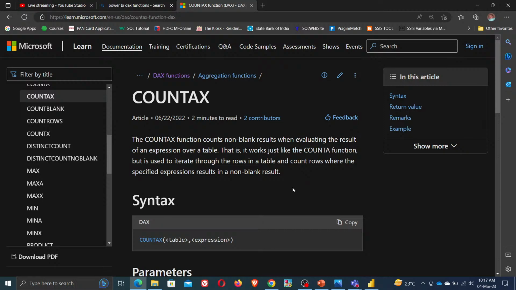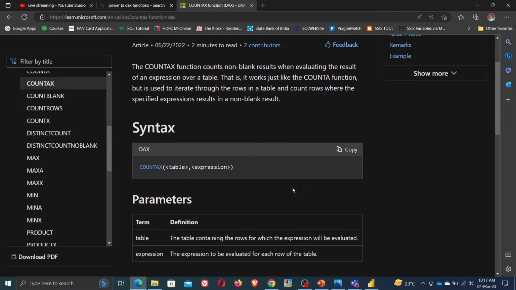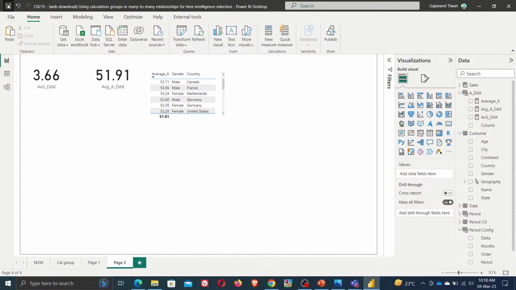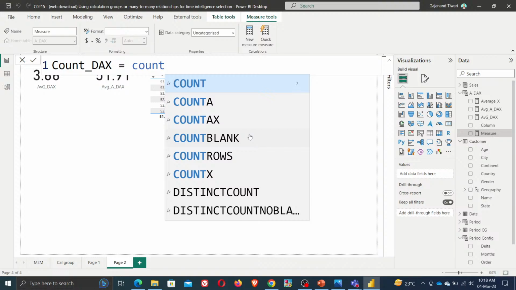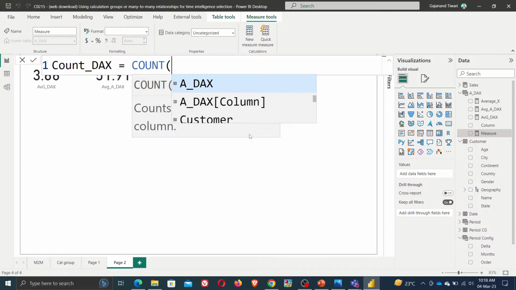Talk about COUNTX. COUNTX is the same thing as AVERAGEX: you pass the table and expression. In that scenario, you can pass the category wise total, average, counts, and you can do that. So let's test here in Power BI one by one. First I'm going to use COUNT. Count any value, how many numbers are there. We will create the dashboard today, don't worry. So COUNT,